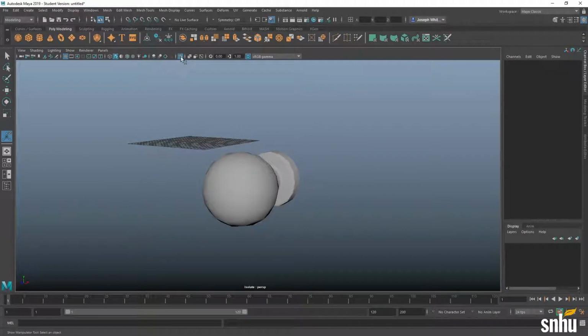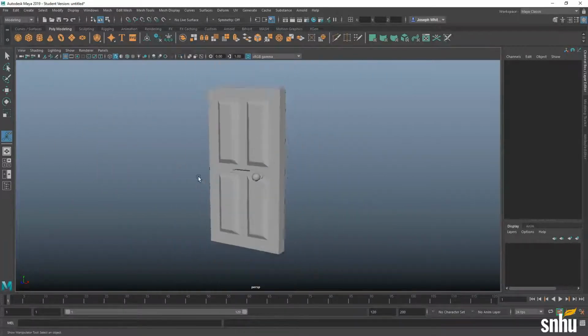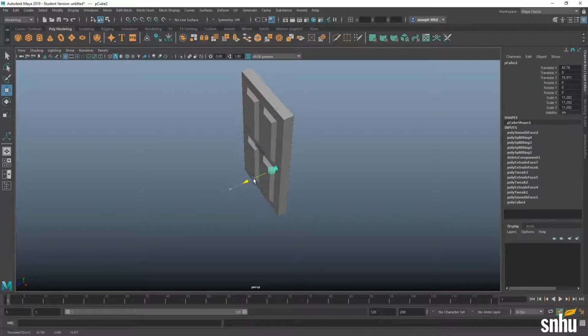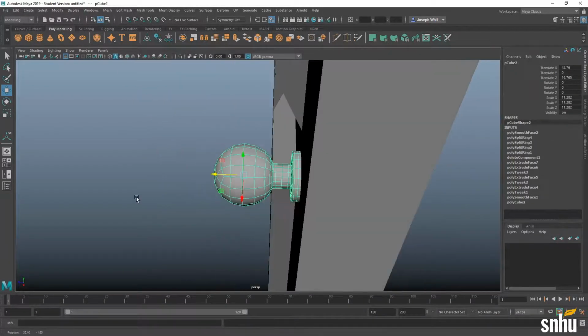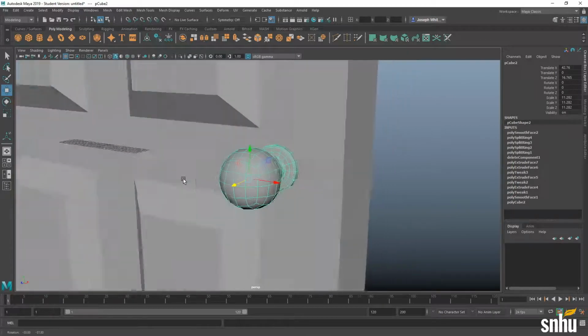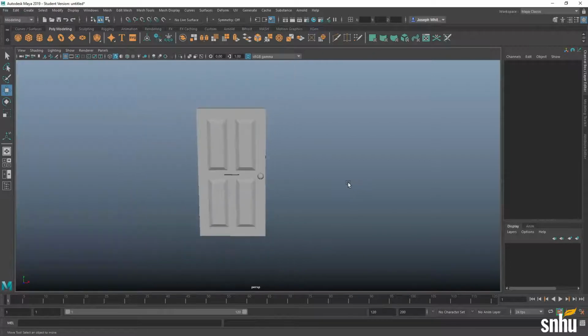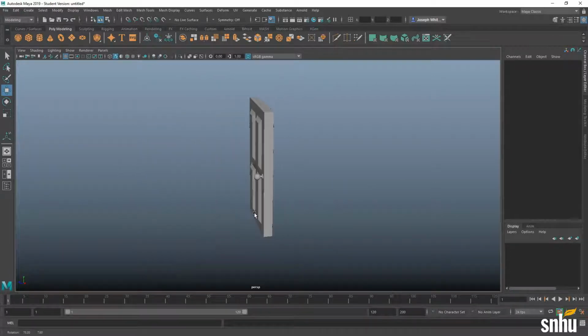So now I can click this button here to unisolate, and then we will move our knob in place. Cool.